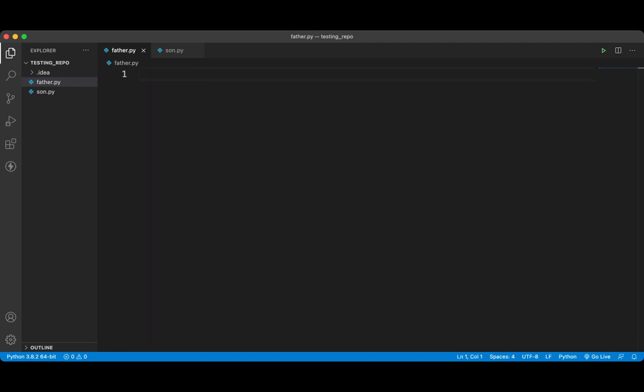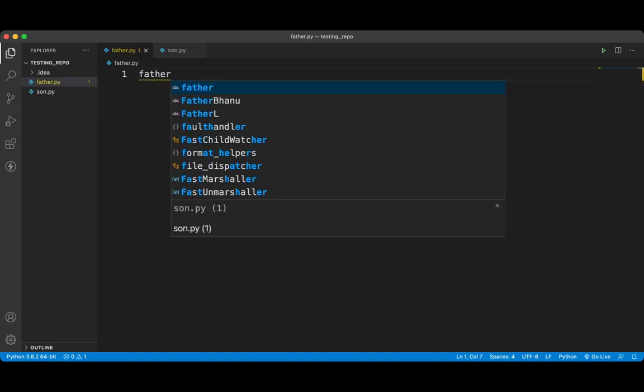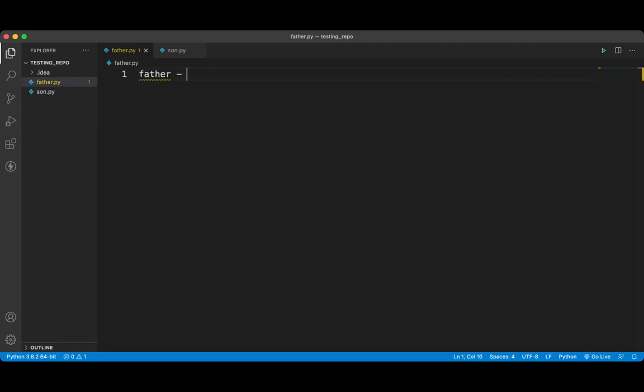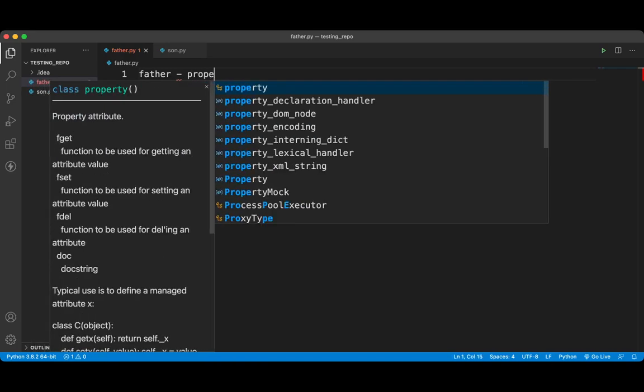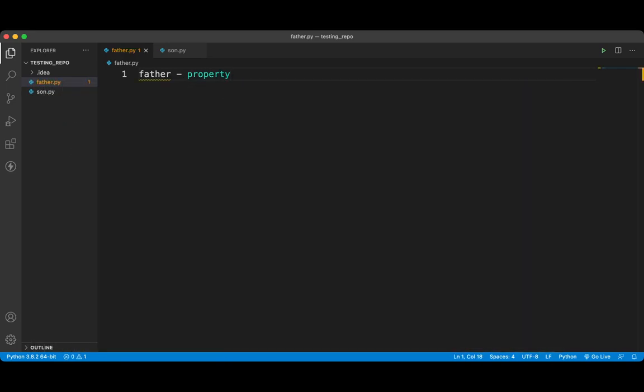Let's say I have a father, and my father has some property, in some flats or plots or let's say a house, and I am his son.